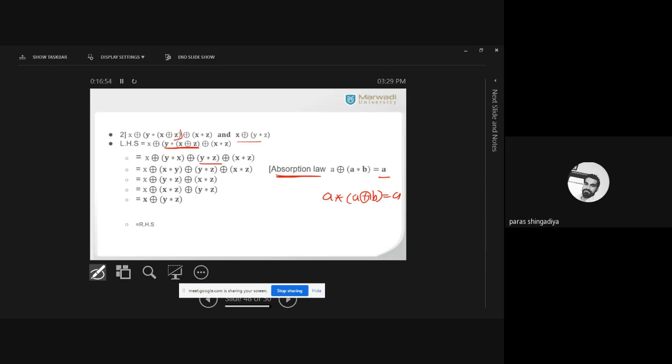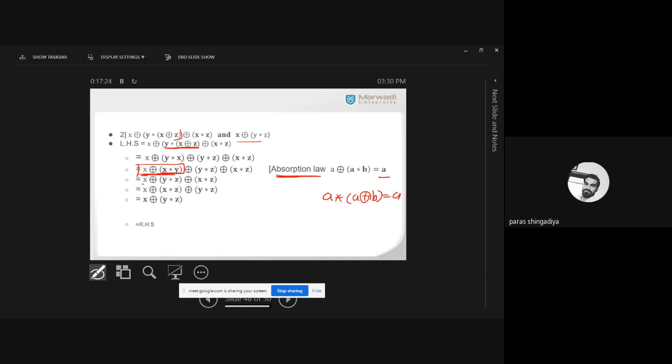So here which one is applicable? Compare the first and second: x ring sum y star x. Okay, so the variable is also the same. x is the same in both, and ring sum and star are also there. So we can use this absorption technique to get the new answer. For the new answer we just interchange y star x is equal to x star y because they are equal. And now compare this form with the absorption property. So that will be x only.